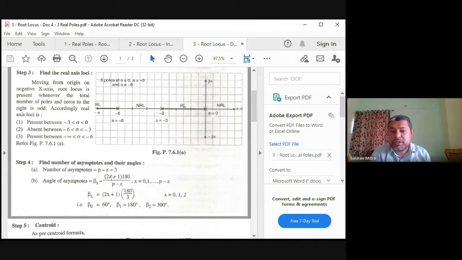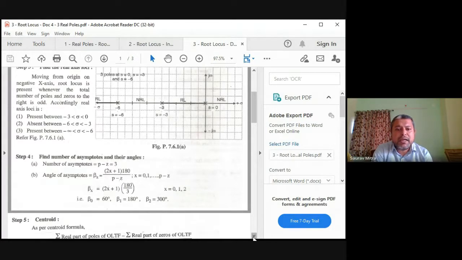The x value starts from 0. So you substitute 0, you'll be finding theta c as 60 degrees. Substitute x = 1, you'll be finding 180. Substitute x = 2, this is 5 × 180 by 3, so that is 900 by 3. That is 300. So this is the formula I wanted to tell you yesterday. I told you that I will tell you in future.